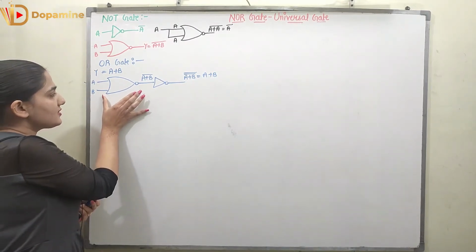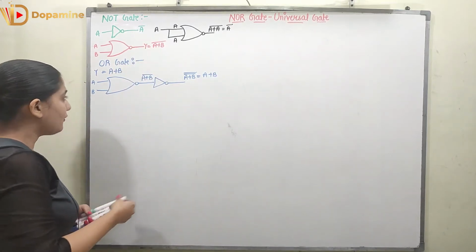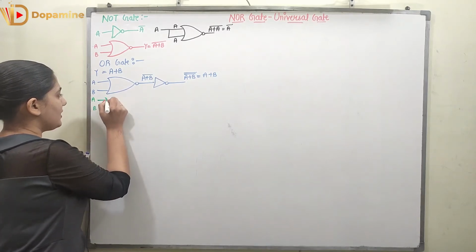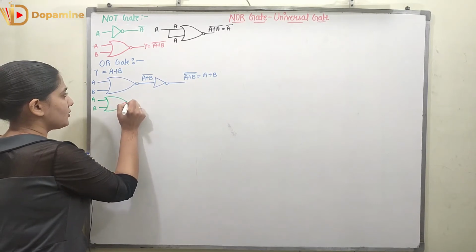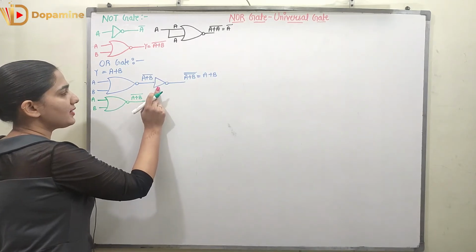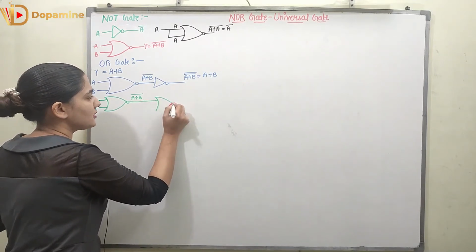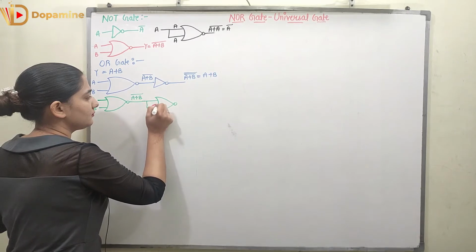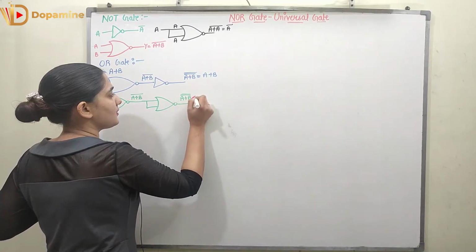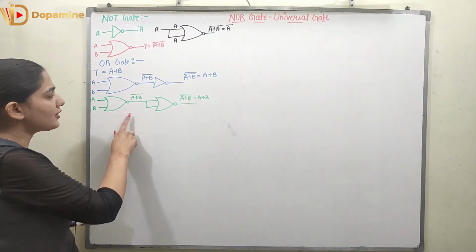Now I know this is my NOR gate and I know how to make a NOT gate using the NOR gate. So now let's make the OR gate using the NOR gates only. So here I have A, B. Right, so now it is going to a NOR gate. So here I will get A plus B whole bar. Right, now I have to make a NOT gate. So this is a representation of the NOT gate. So let's make a NOT gate using the NOR gate. Right. So here I will be getting A plus B double complement is equal to A plus B. This is how I can make the OR gate using the NOR gate.